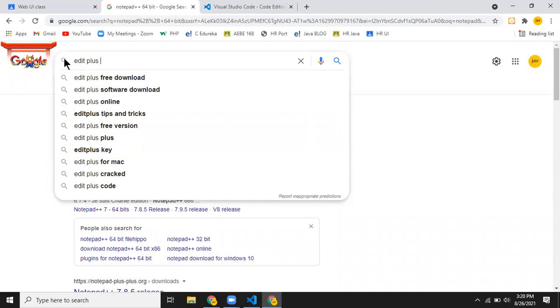We may have more features in Edit++, but more or less it's okay for me because I'm using it for learning purposes. Then it's always better you go with software like Visual Studio Code, or you can go with Notepad++. Remember, these softwares like Notepad++ and Visual Studio Code are not only used for HTML typing. You can also use them for typing programs like Java programs, C# programs, and different programming languages.